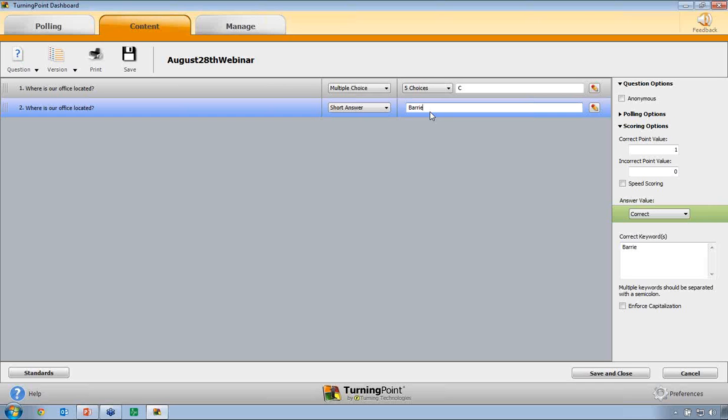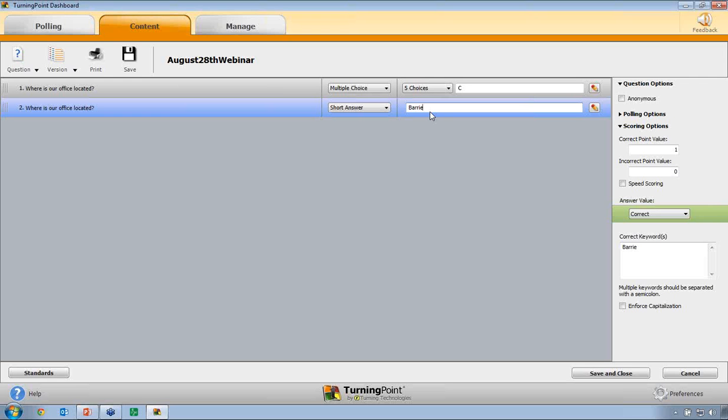And then if you go from here back to a multiple choice style question, again, it'll flip back to the multiple choice style input for the student. So as far as the student experience goes, it's very seamless. They're just going to scroll through the questions, and TurningPoint and the keypad together make sure that everything's working the way it should, and the proper input style is being used.